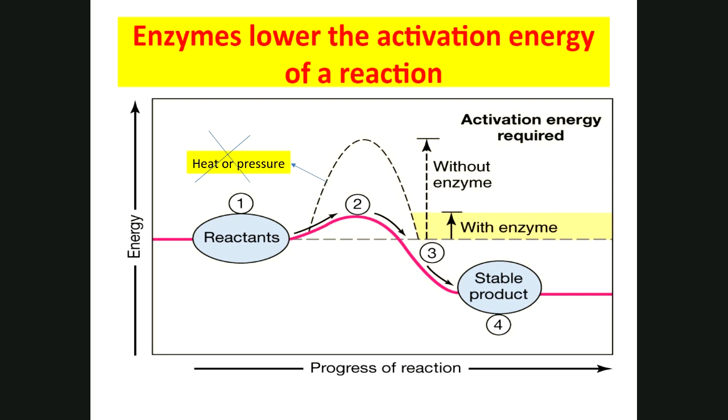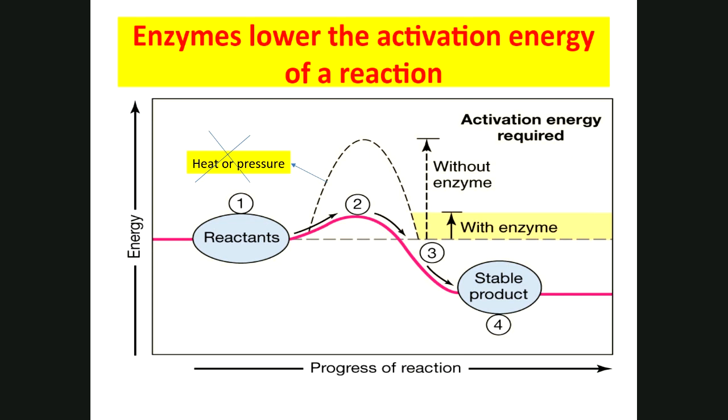Now, in order for cells to make ATP and to carry out any type of catabolic or anabolic reaction, they're going to need enzymes. So enzymes are made of proteins. They are molecules that, by definition, speed up reactions. They're catalysts. Enzymes are catalysts. A catalyst speeds up a reaction. And this is essentially what